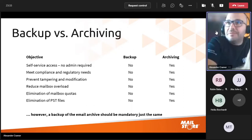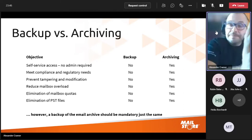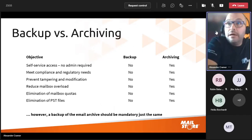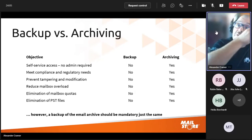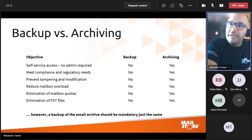Backups are essentially snapshots, so they're not going to help you reduce the load on your email server. They're not going to help eliminate mailbox quotas or get rid of PST files. More importantly, what's happening with your emails in between the backups? They're not running constantly; in the best case, they're running once a day. So users can still delete and tamper with emails in between the backups. How are you protecting your emails in between the backups? Users cannot search and restore emails themselves from a backup. Even recovering an email from a backup takes a lot of time to find